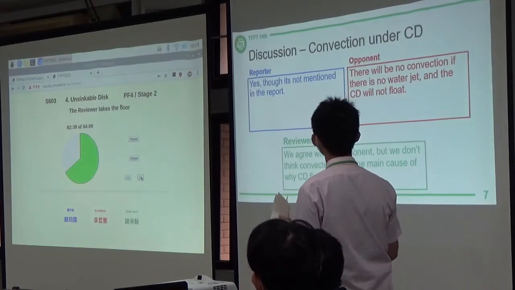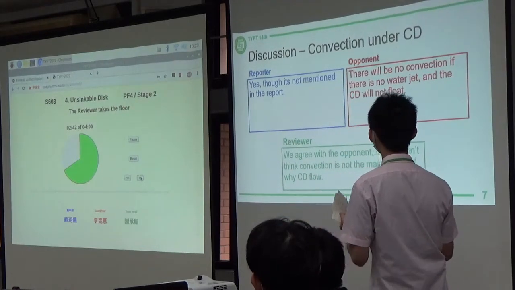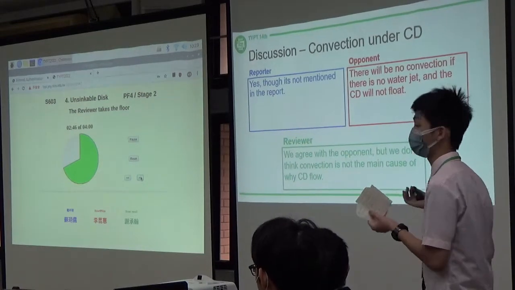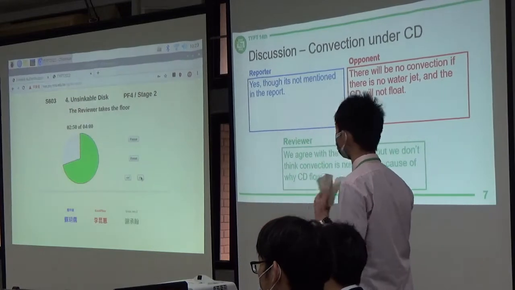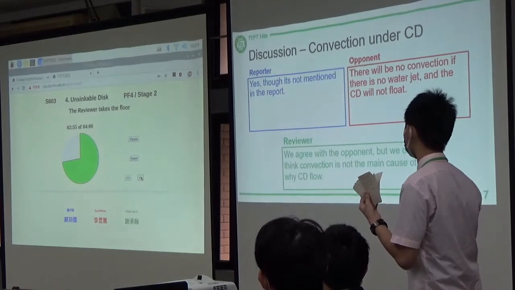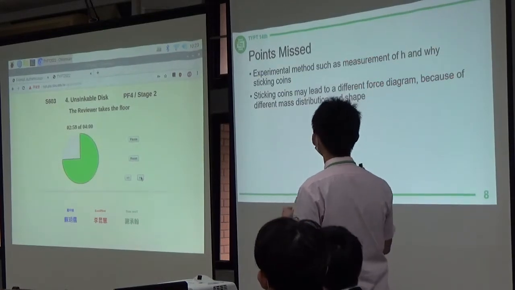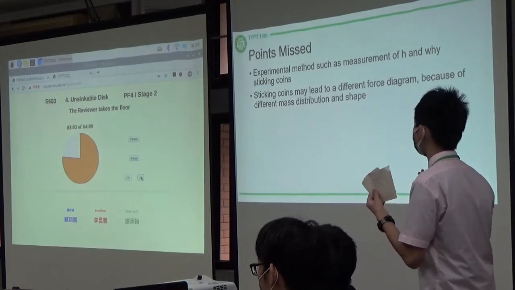For the next discussion is the convection under the CD. The opponent asked, will there be no convection if there is no water jet and the CD will not flow? The reviewer said yes, though it's not mentioned in the report. And the reviewer agrees with the opponent because we don't think convection is the main cause of why the CD flows. So for some points missed, like the experimental method, such as measurement of height is not clarified,